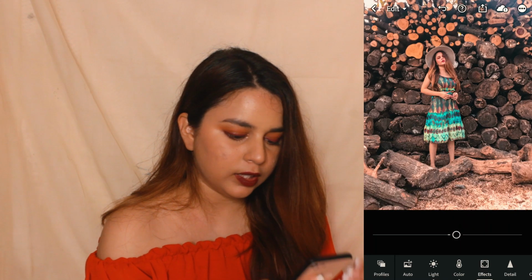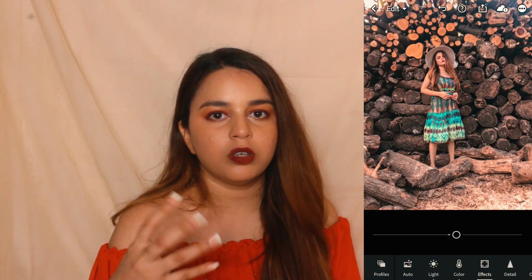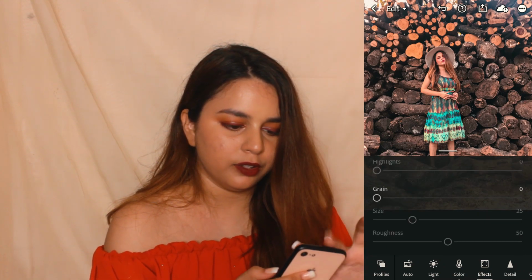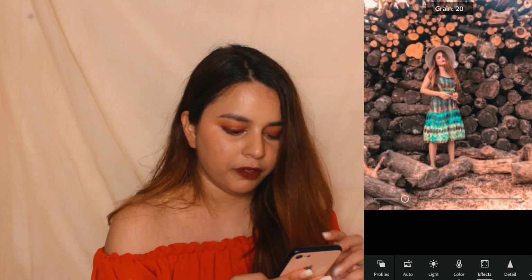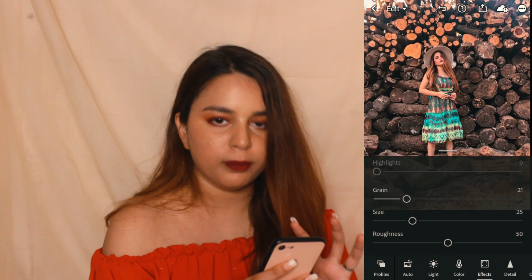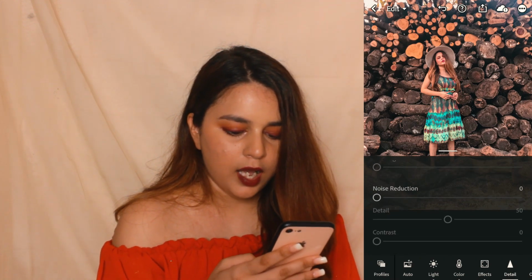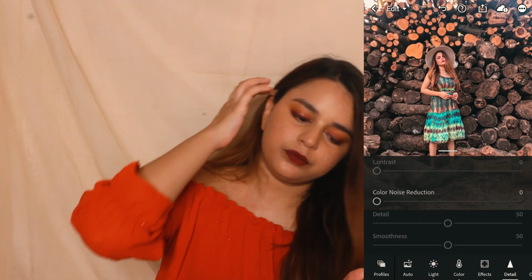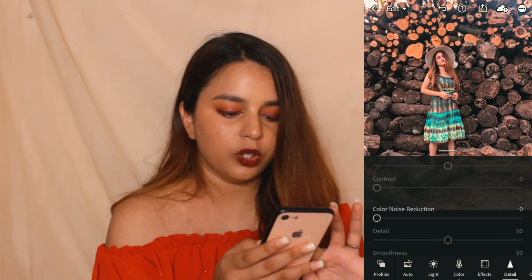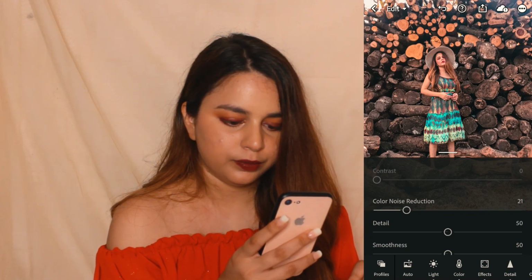Now what these three do is they just clarify your image and make the texture more visible. Yeah. Now if you go down, there is a grain option right here, and this is my one favorite thing to do for all my pictures. So I just like to add some grainy effect on my pictures. So yeah. Now for the detail, I am just going to add the detail like color noise reduction. So just going to increase this to 20, that's it, 21.